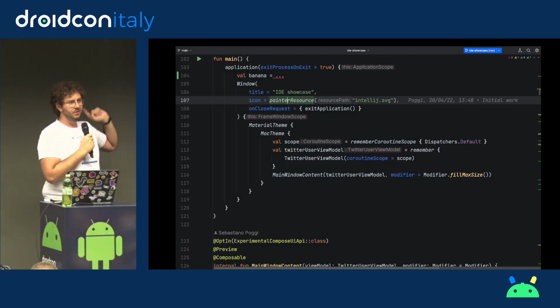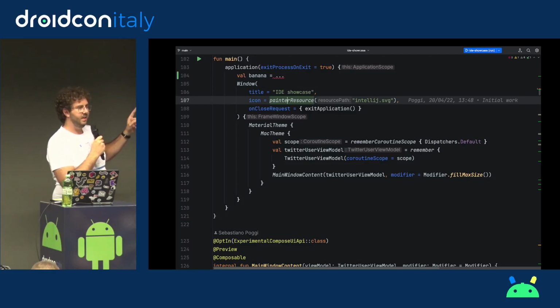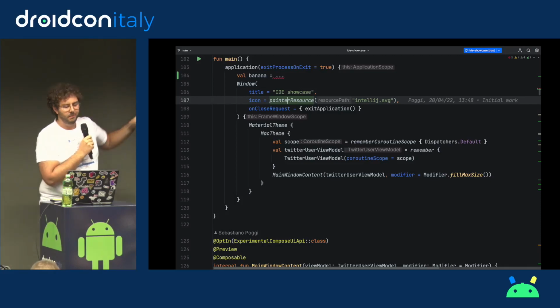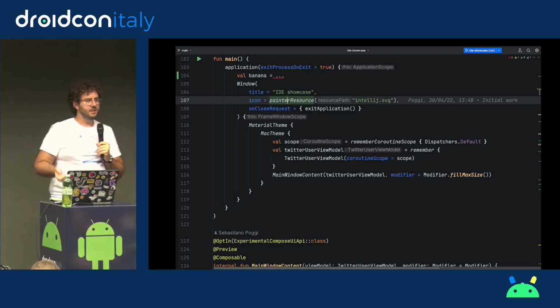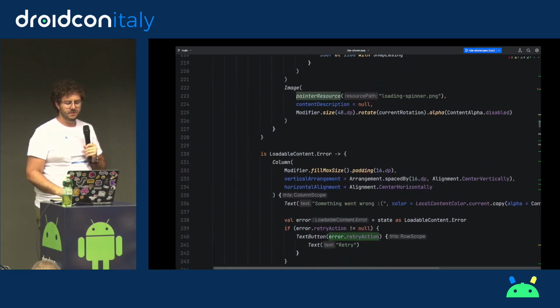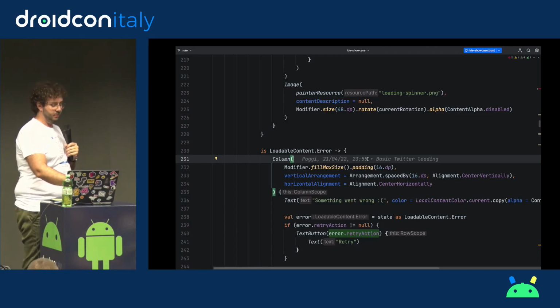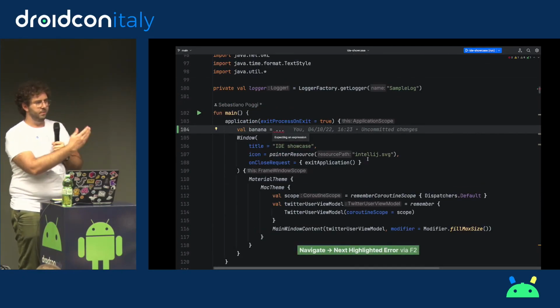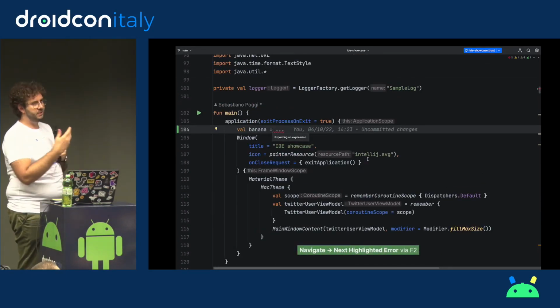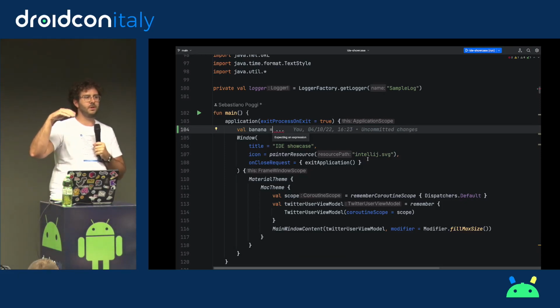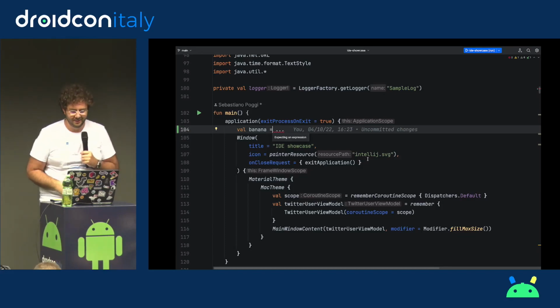I also wanted to point out that I have intentionally left some red code there. If you open a file and you see some red, and you don't know where it is, because maybe you're down here, where is the red? There's a shortcut for that. F2 will bring you to the first red bit. Or if there's no error, it will bring you to the first warning. And if there's no warning, it's going to tell you, you're okay, dude.